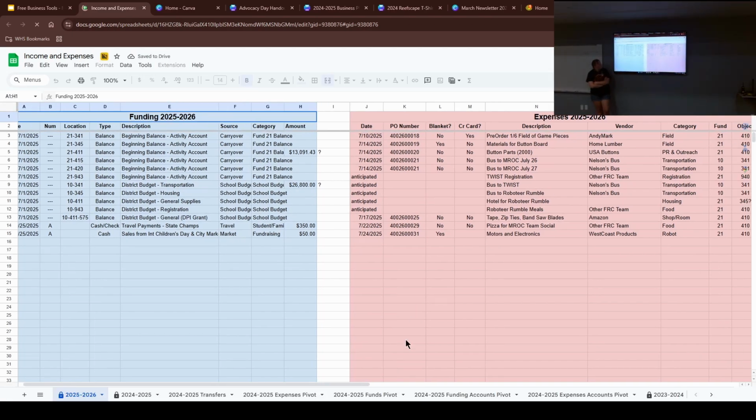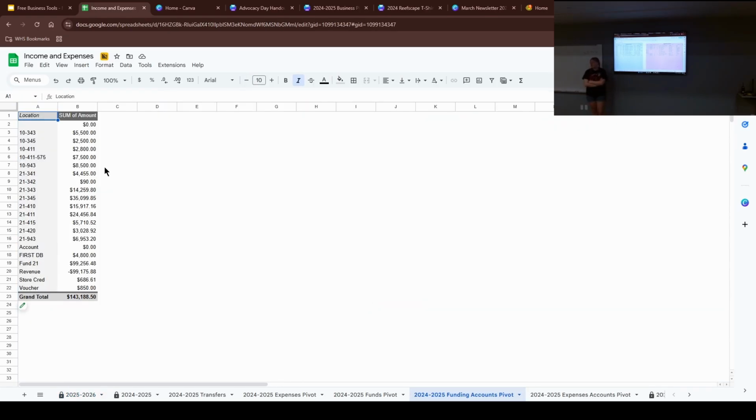So for 24-25, there are like six different pivot tables going down there. What are they charting? One is expenses, one is funds, there's funding accounts, expense accounts. Yep, so any different way you want to classify the data. If you go into the accounts of those, that's like all the numbers that our district requires, like where our money is, and we can see exactly how much is in each of those, but it's all pulling from the